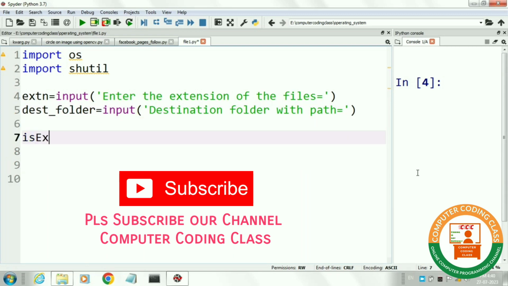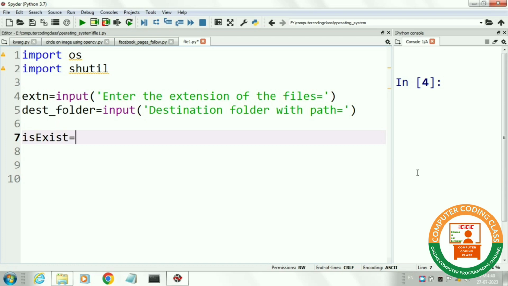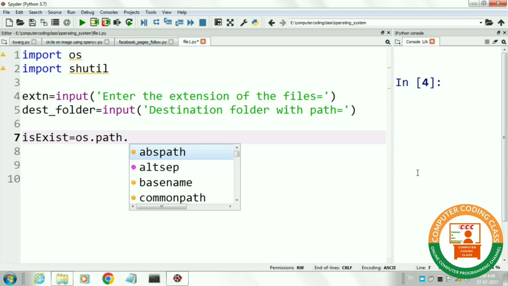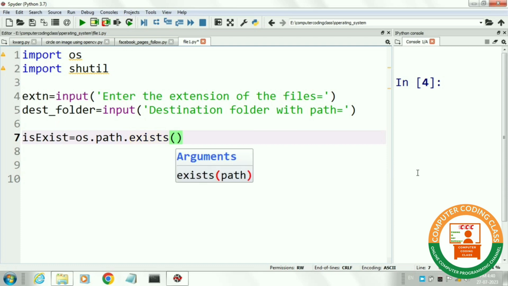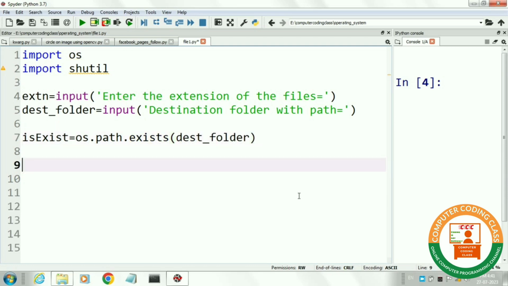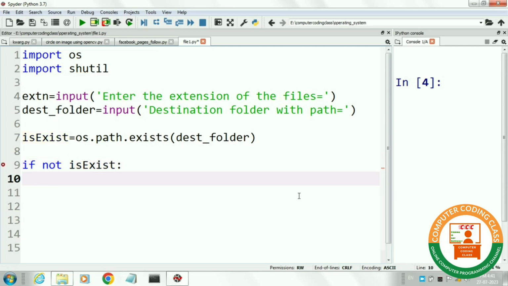Next, we will check whether destination folder exists or not. If destination folder does not exist, then we will create a new folder on the given path by the user.